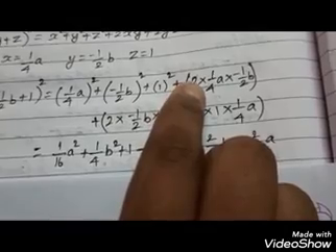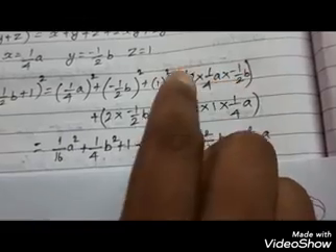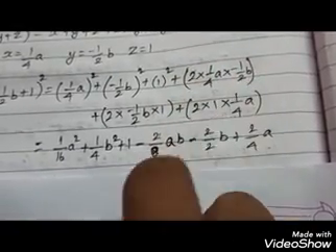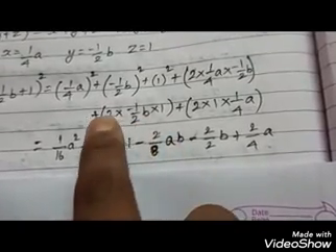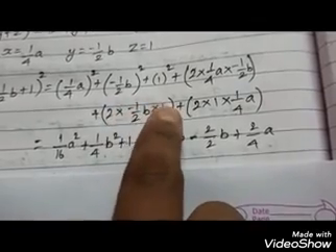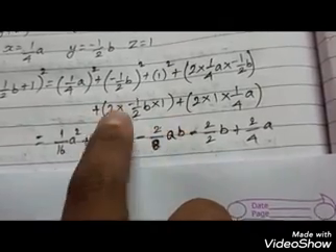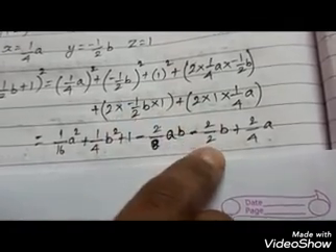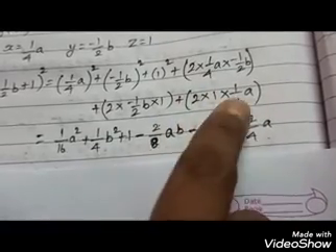Now the sign: first you need to compare the symbols, plus into minus is minus, minus into plus is minus. Now multiply the numerators: 2 1s are 2, 2 1s are 2, 4 2s are 8. So 2 by 8, with a into b, ab. In the same way, plus into minus is minus. 2 1s are 2, into 1 you get 2. The denominator is only 2, 2 into 1 is 2, denominator 4 and only a.